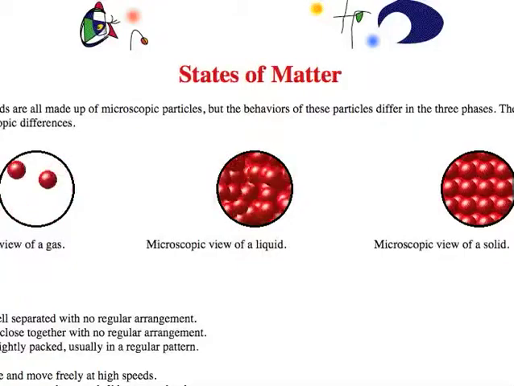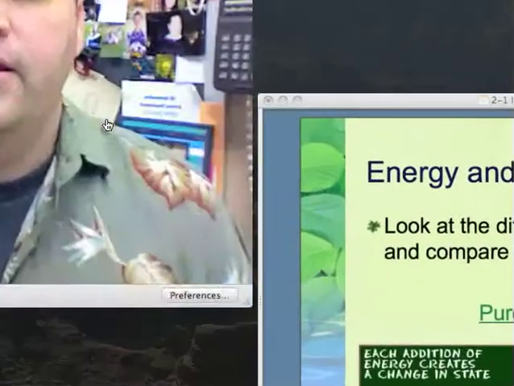Well, how do we measure kinetic energy? Simple. We measure temperature. That's right. Kinetic energy can be measured by temperature because the more the particles are moving, the higher the temperature of that particular substance is going to be. Pretty simple stuff. Now, that's about all we need.